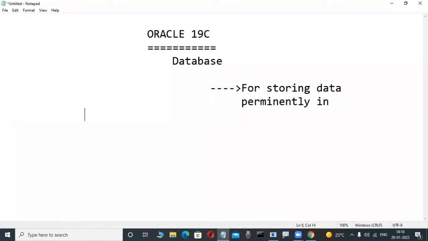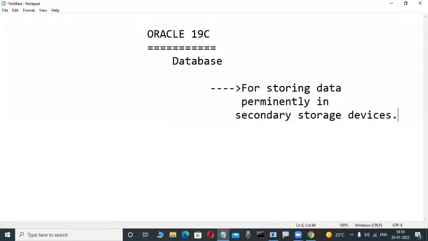Secondary storage devices means maybe a hard disk. Suppose today we store data; after 5 years, 10 years, 20